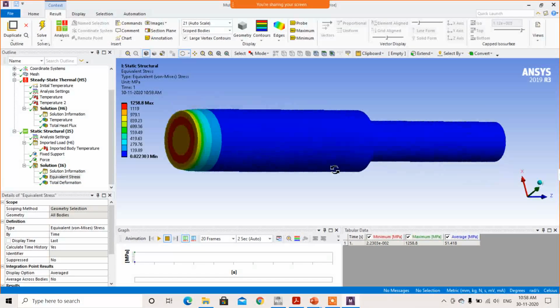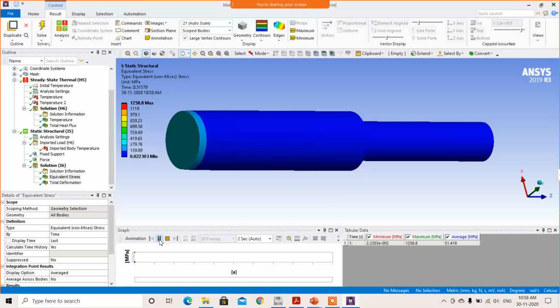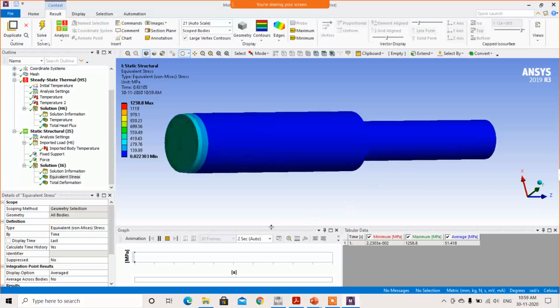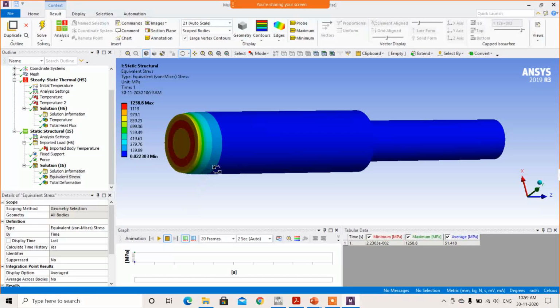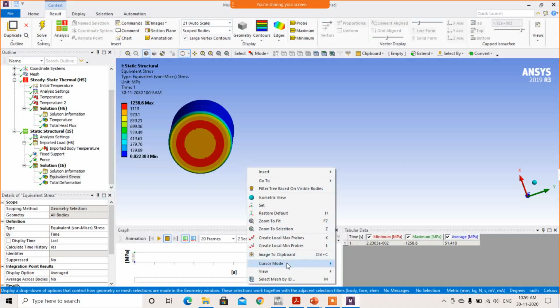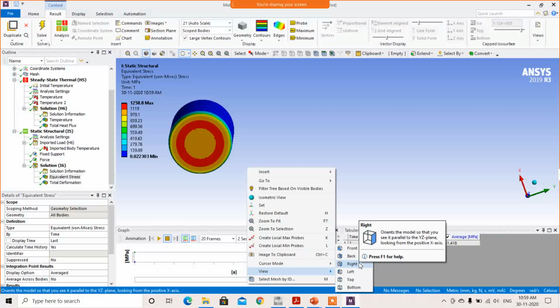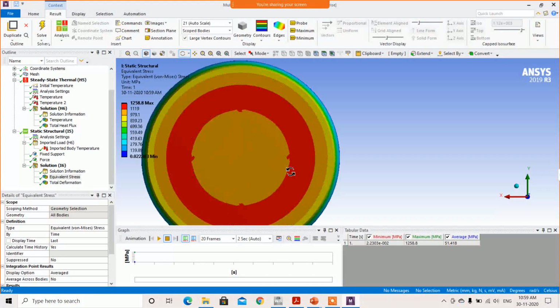So here the stress has been generated. Got it? Here only the 1000 Newton load is applied, and the temperature applied here was 300 degrees Celsius. So therefore the stress has been induced more. So this is the stress view back. This is the stress distribution.